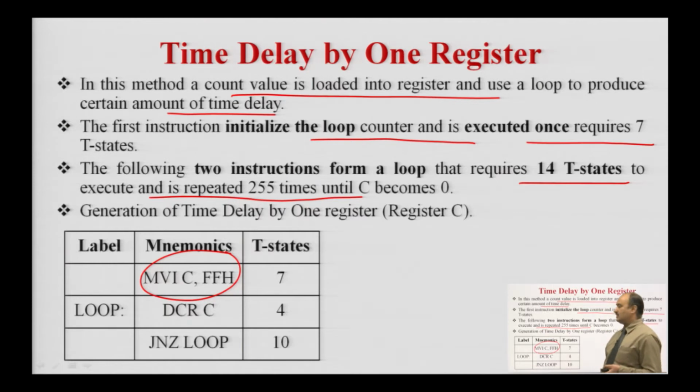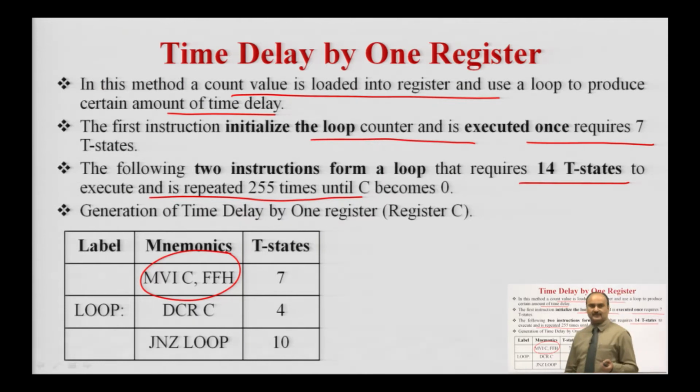This is the example of generation of time delay using register C. Register C is used to hold the count value, and this count value is decremented with the help of the instruction DCR C. Now, with the help of the conditional jump instruction, we check whether the value of C is 0 or not, and the total T states required by the instructions DCR C and JNZ is nothing but